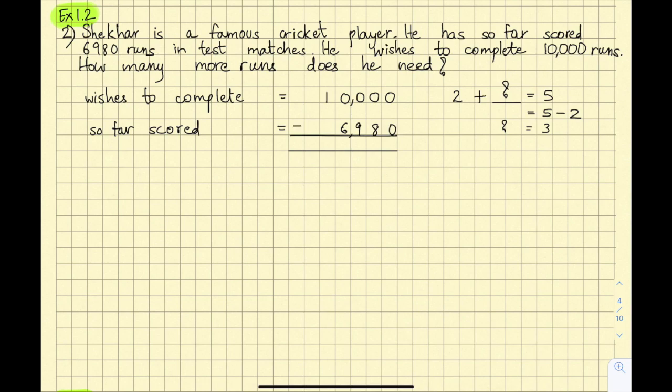So here 0 minus 0 gives you 0. 0 minus 8 you cannot do. You need to borrow, but 0 minus 9 also not possible, and 0 minus 6 also not possible. So this 0 will borrow from 1. It becomes 0 and this becomes 10. But it has to give there 1. So it becomes 9. This becomes 10, but this again has to give there. So this becomes 9 and this will be 10. But this does not have to give anywhere further. So this will be 10. 10 minus 8 is 2. 9 minus 9 is 0. 9 minus 6 is 3 and here is 0.